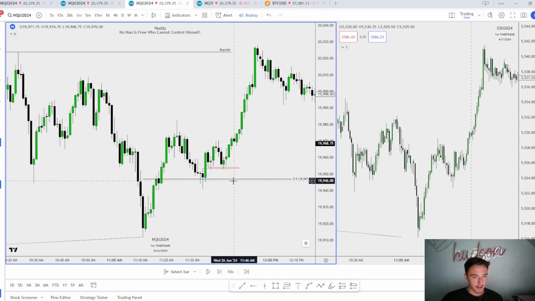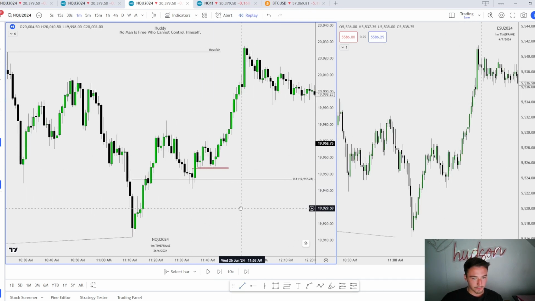So once we get this imbalance, you can now target this high. Does it give you another entry? CISD right here, close above it, tap it. We have a small little imbalance right there. If you miss this order block entry, we have a tiny, tiny imbalance right there, and then we deliver to